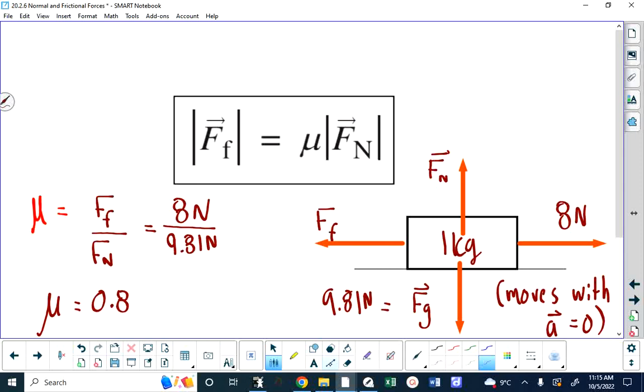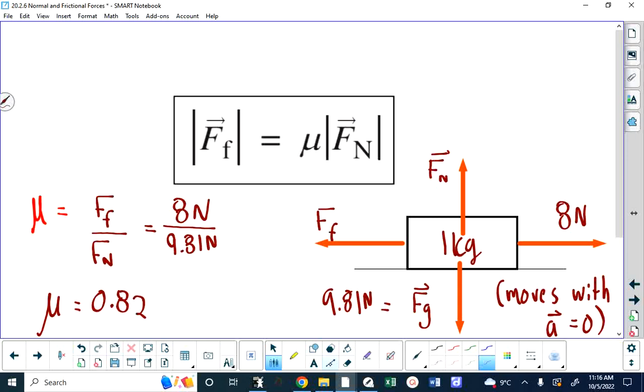Is it actually a little bit more? 0.8 what? 0.82. Let's go 0.82. You know what this coefficient of friction is telling you? Is that the force of friction is 82% the weight of the object if it's on a horizontal surface. When you look at this ratio, it's the force of friction over the normal force. But the normal force in this case is the force of gravity. This is just saying that the force of friction is about 82% the force of gravity if it's on a